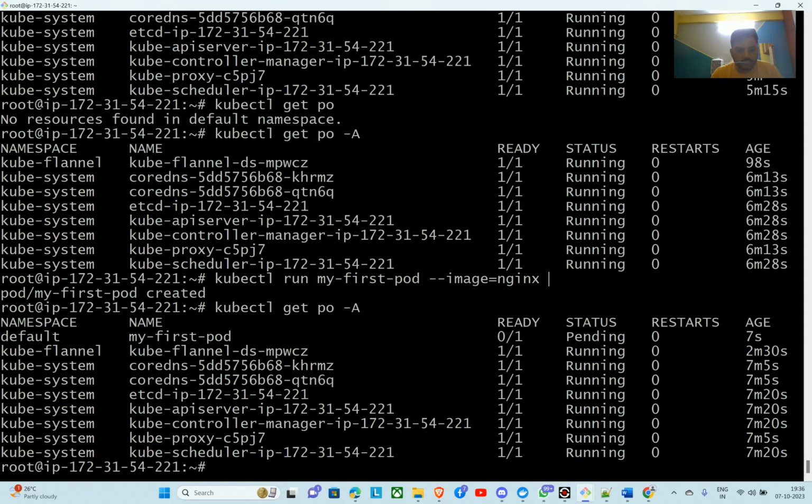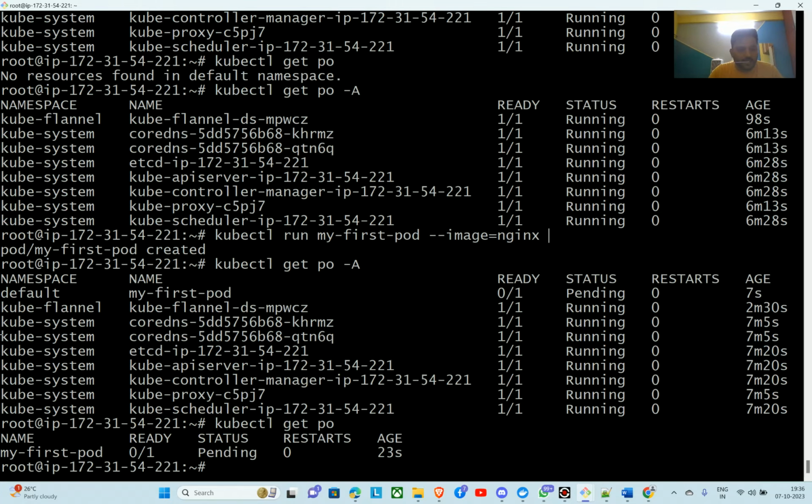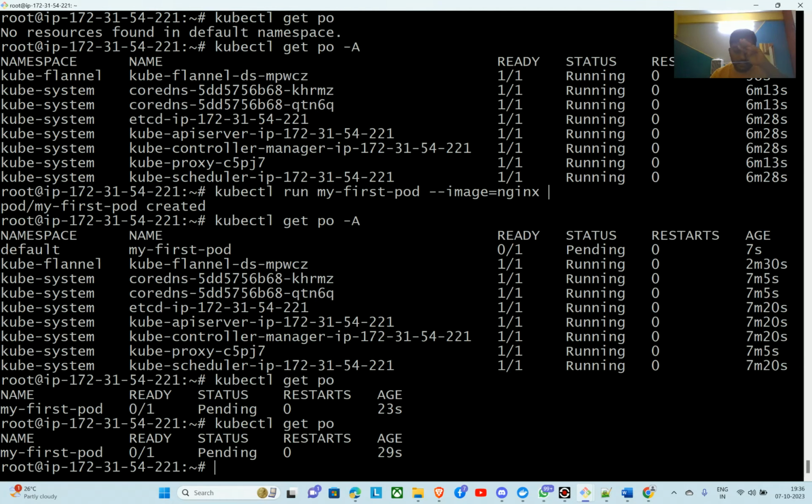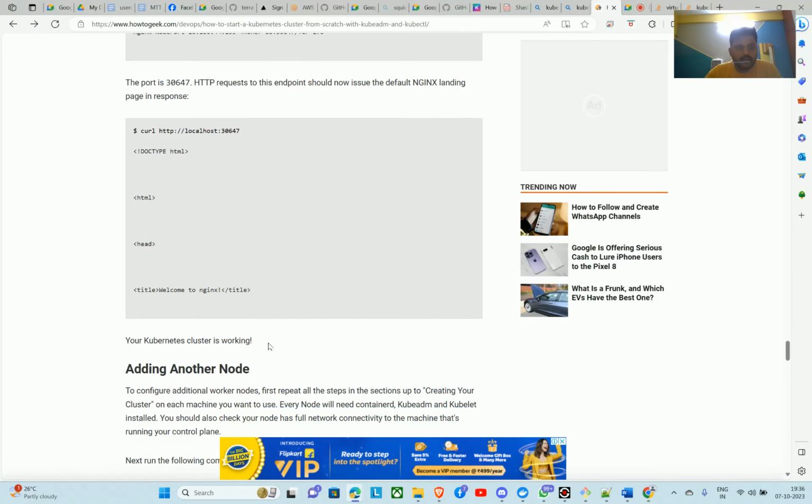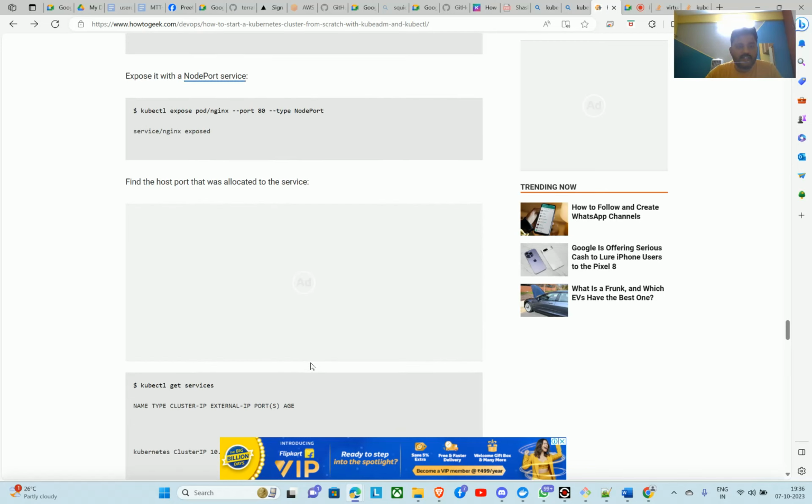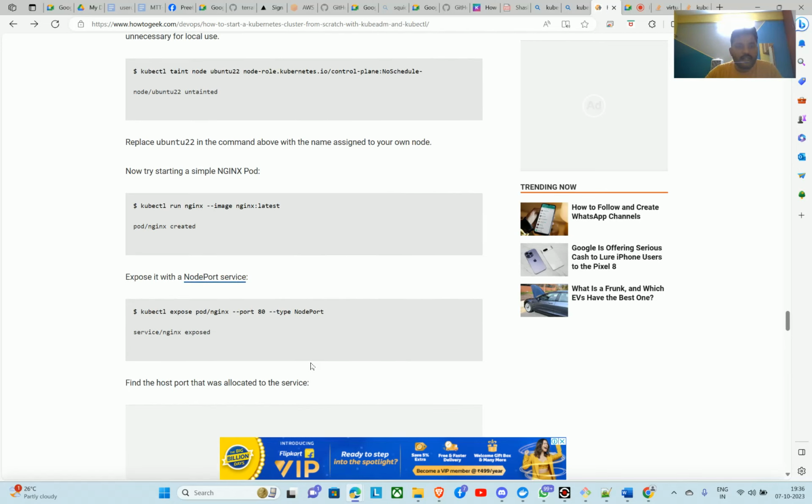Now see, it got created in the default namespace. Please remember, my friends, if you don't specify any namespace, it is going to create in the default namespace. For this, you don't need to add -A. If you notice here, it says pending, pending, pending. Why is it pending? Can anyone guess why it is not creating any pod? Because what has happened is